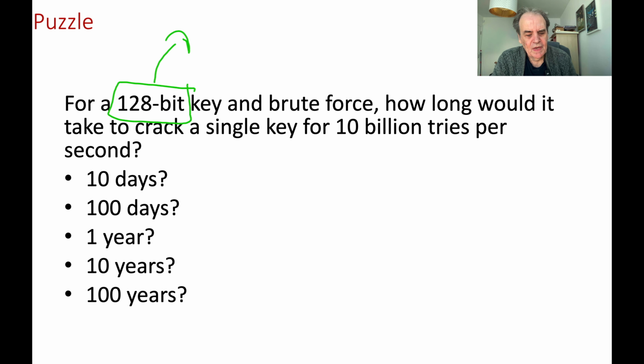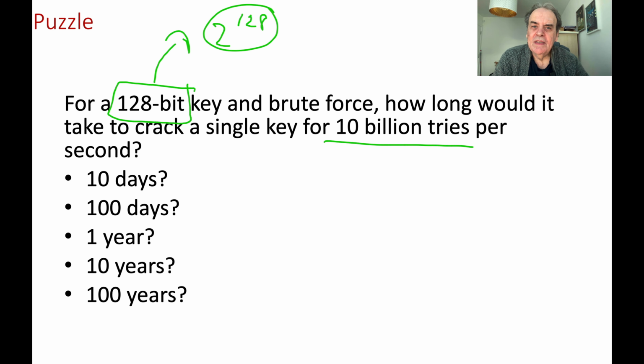Okay, so for this we have 2 to the power of 128 different keys, and that's a lot of keys. But let's say we tried 10 billion, that's 10,000 million keys per second. Through brute force, how long do you think it would take? 10 days, 100 days, a year, 10 years, 100 years? What would your guess be? Sounds like maybe a year or